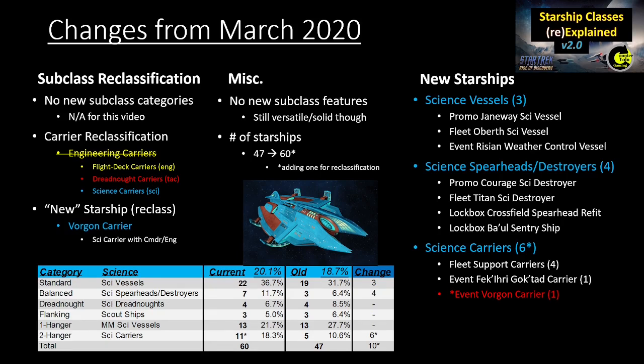As for new starships in general, I've got that chart there at the bottom of the screen just to show you the percentages from old to new in terms of where science vessels ended up. And in that, we've gotten 3 new science vessels, 4 new in the science spearhead destroyer category, 2 science destroyers, 2 science spearheads, and then 5 new science carriers plus that 1 Vorgon carrier was a reclassification to be added